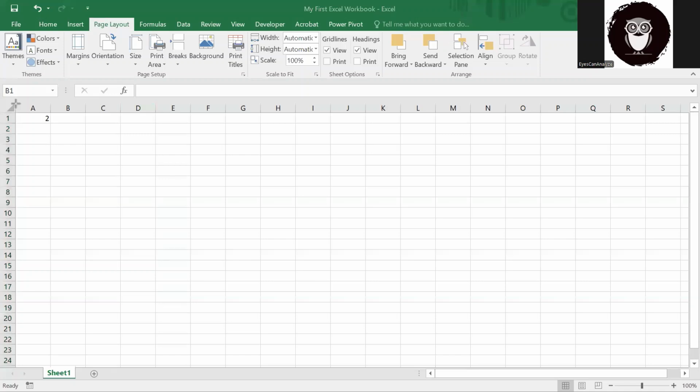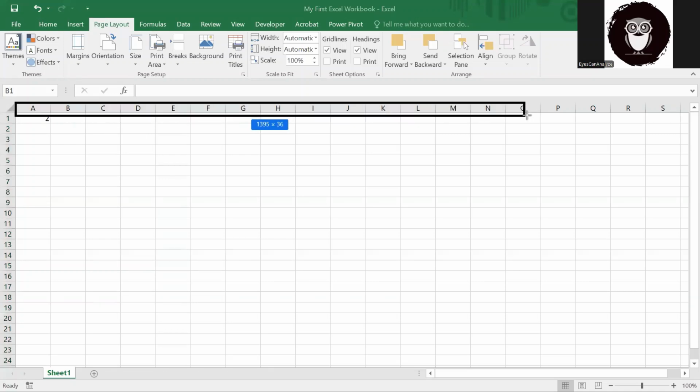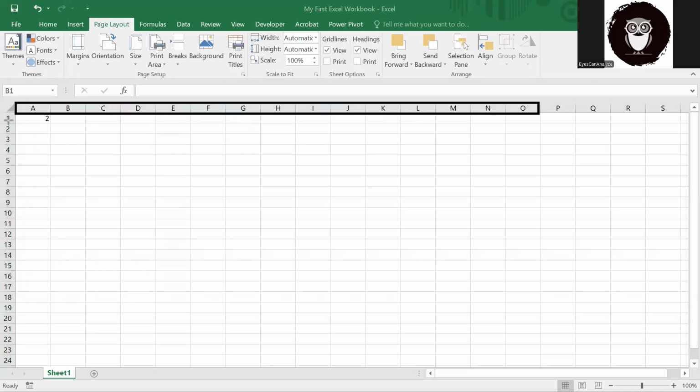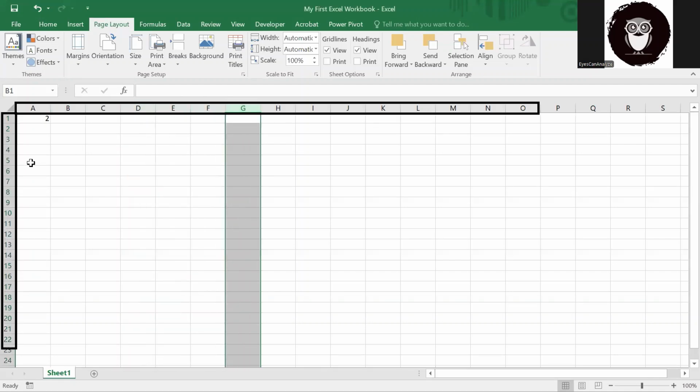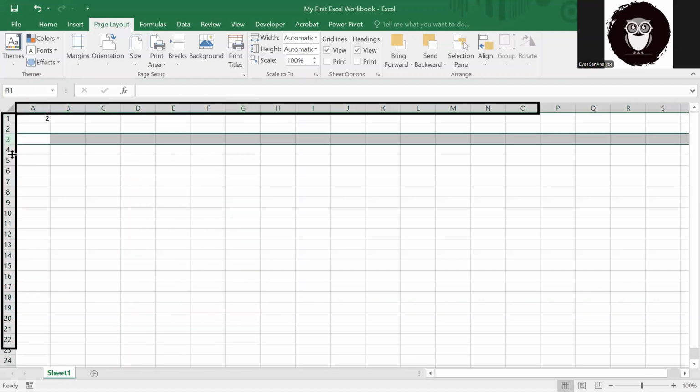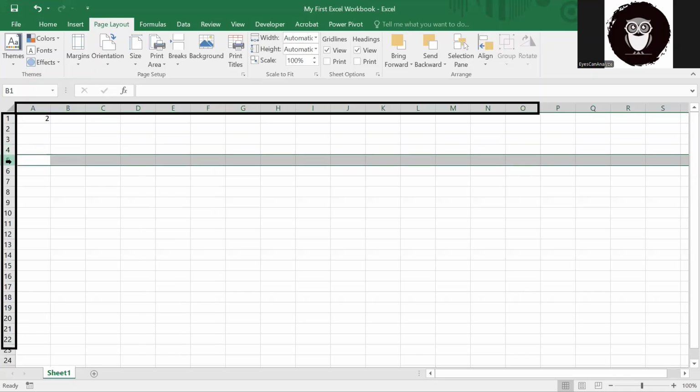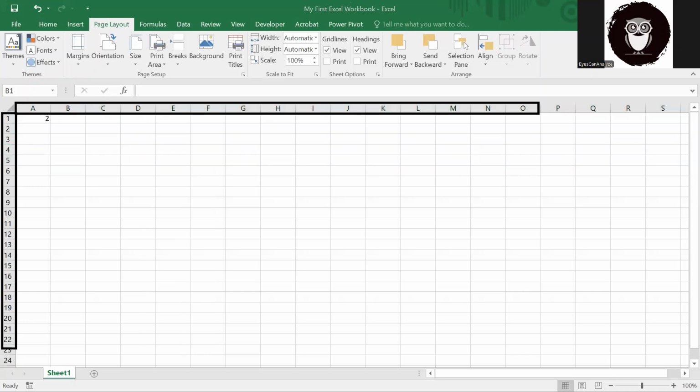So these are columns. And these are rows. If I click on any of the alphabets above, it will select the entire column, whereas if I select any of the numbers, it will select the entire row. So the sheet is a set of rows and columns.